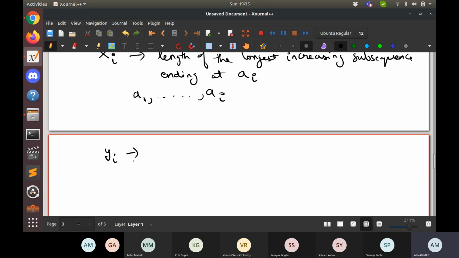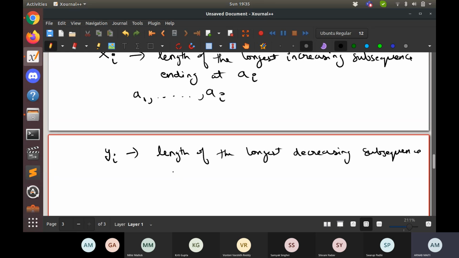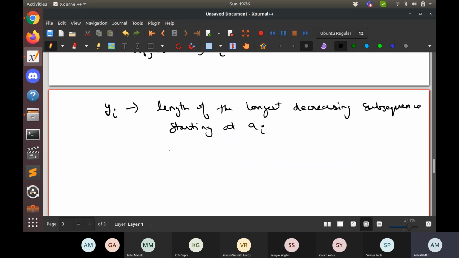And similarly, yi will be the length of the longest decreasing subsequence starting at AI. So if you look at the sequence AI to AN, what is the longest decreasing subsequence which starts at AI?